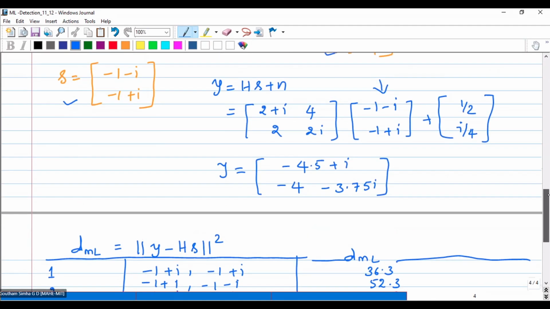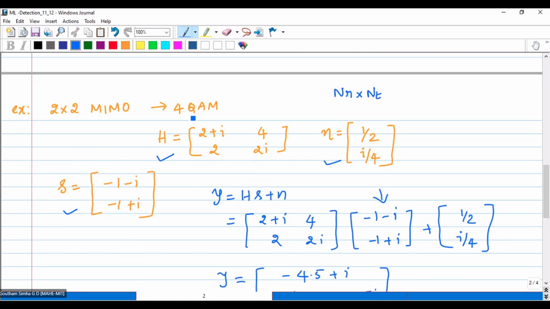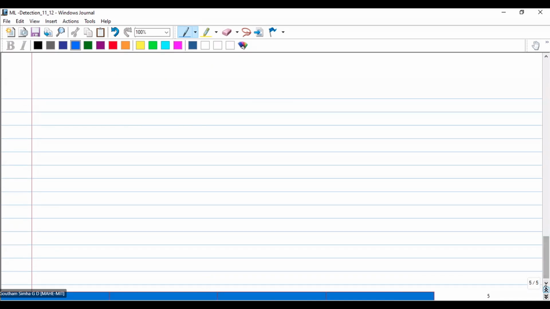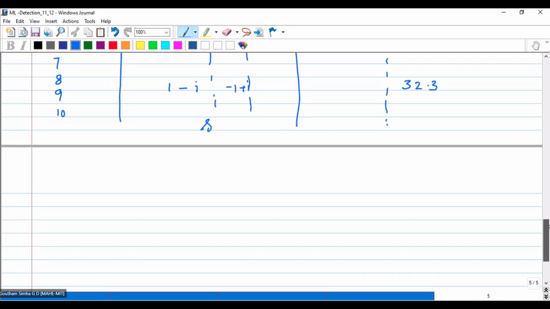You can calculate for any number of values by changing the noise. And there is one problem here: if the channel is extremely correlated, if this H is extremely correlated, then the distances look pretty similar. Then also you can identify by differentiating all those with the uncorrelated channel matrix into consideration. But if the transmitter correlation and channel correlation both exist, then almost every DML metric you get is a minimal metric. So it becomes extremely difficult for the receiver to identify what has happened at the transmitter.